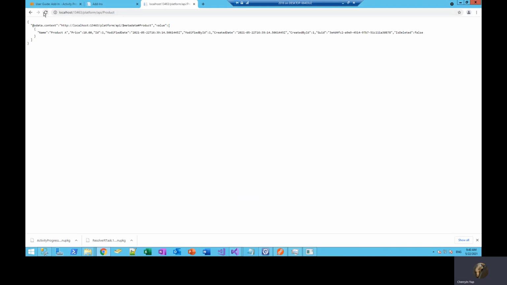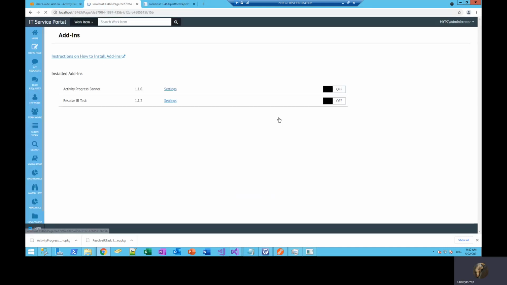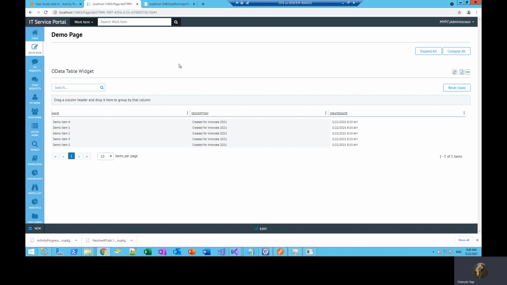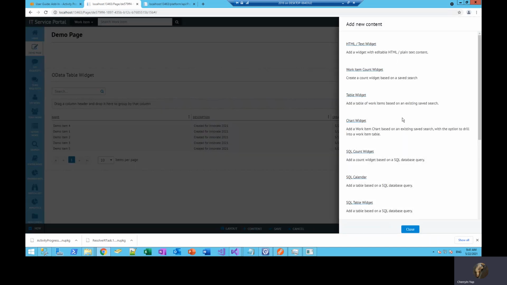Now it should list out 5 items there. So again, now that we have our data, we can consume this via the OData table widget, just like what we've done earlier with our custom SCSM class.